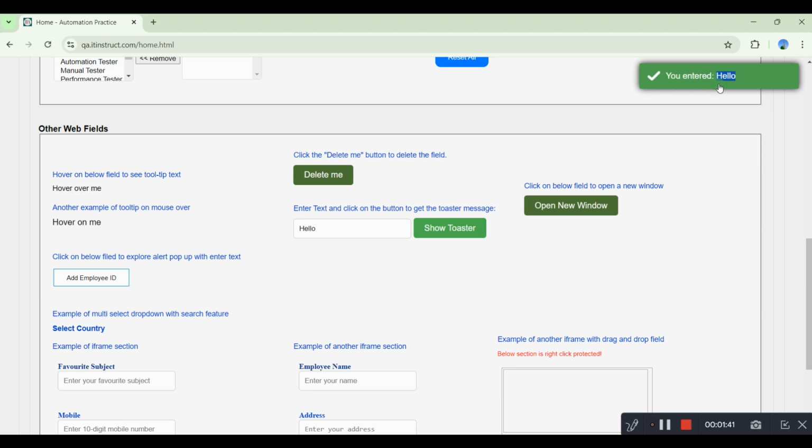You entered hello, right? So whatever text you enter into this text box is going to be displayed in the alert message. Now you can see that the alert message came, and it is now gone, right? So this is a problem when trying to get that particular message. So if I say hello, you can say, welcome to Java training,